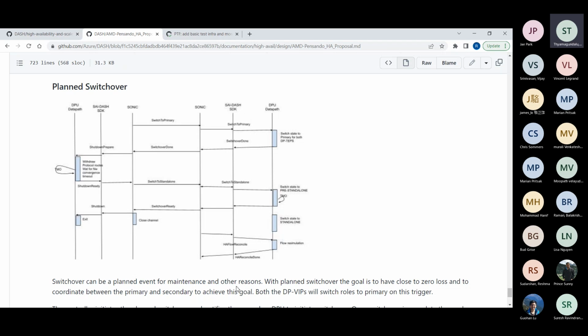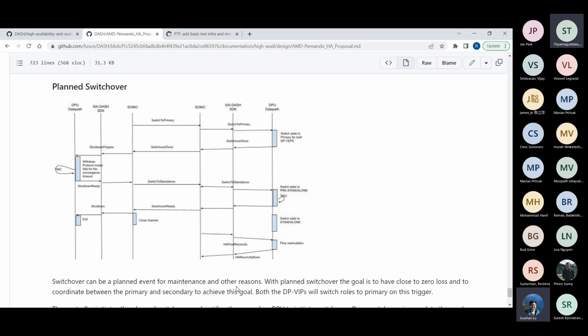During the states before this pre-standalone, there have been sync packets being sent to the peer side, to the left side. It might so happen that there is still active sync going on. Although we got the message that they switched over to standalone from the left side to the right, there might be some of these control packets still in transit. So the pre-standalone timeout is just to drain those control messages from the channel.